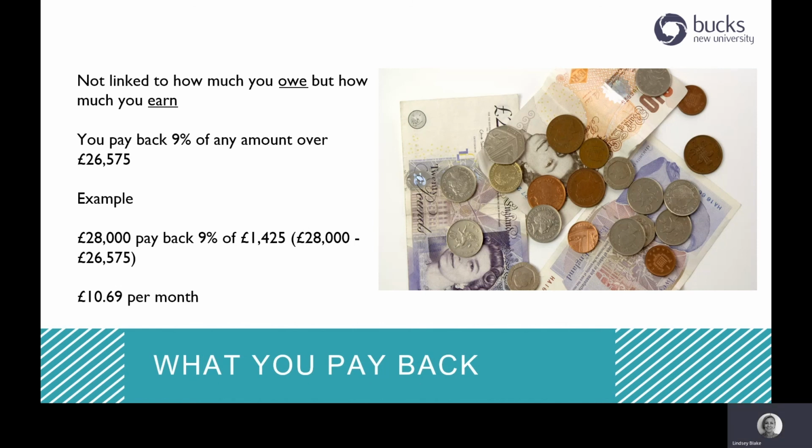It can be helpful to think of your student loan repayments as a graduate tax because it is linked to how much you earn, not how much you owe. So if you aren't earning above the threshold, you won't be paying anything back, no matter how much you have borrowed. You will be paying back 9% of any amount you earn over the threshold, which, as we said, is currently